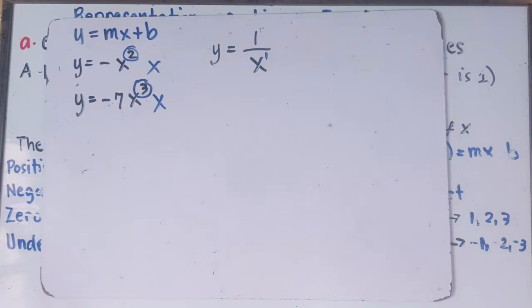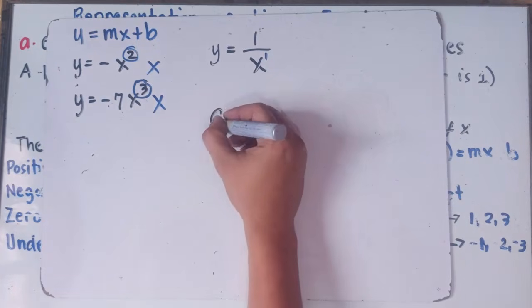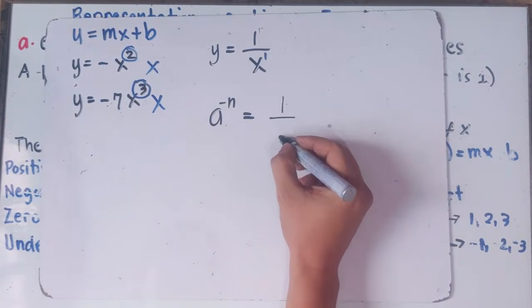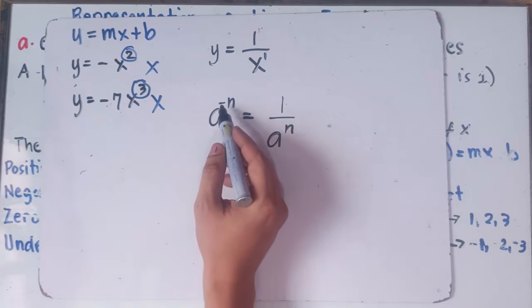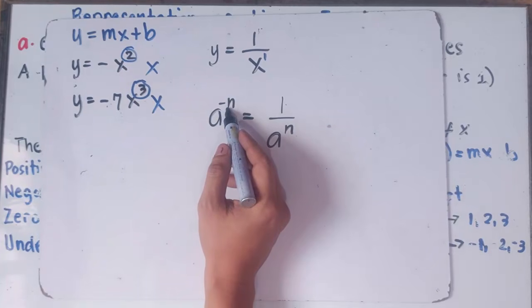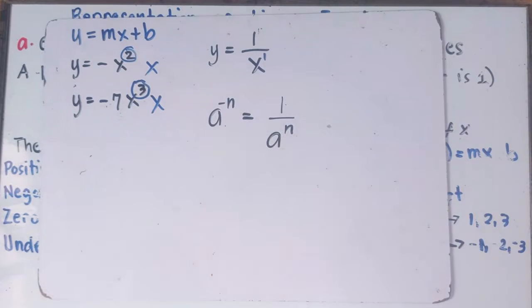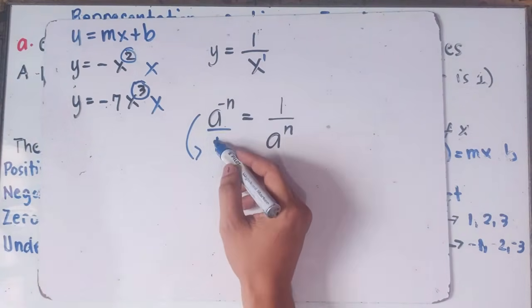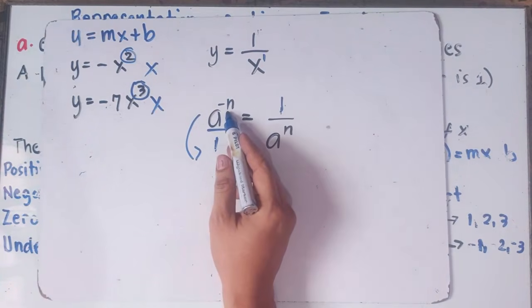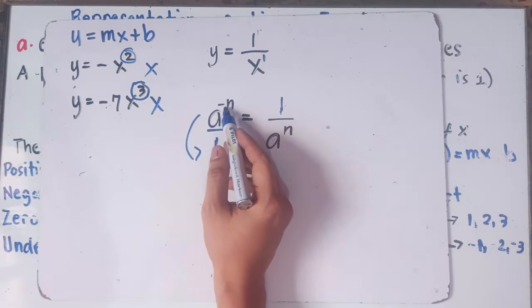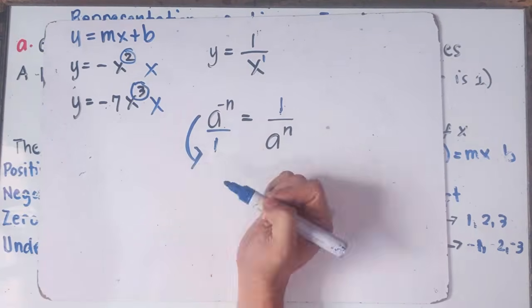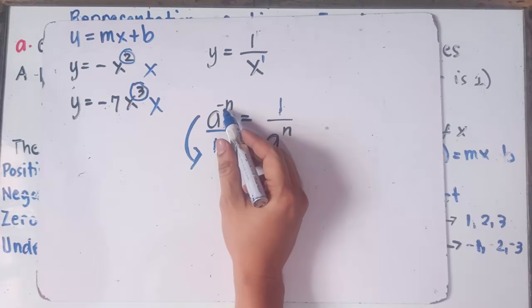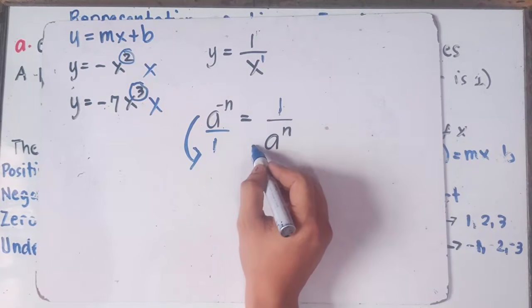If you still remember, class, with regards to the laws of exponents, a raised to the power of negative n we can simplify as 1 over a raised to the power of n. If the exponent is negative, to make it positive, simply put it in the denominator. Simply get the reciprocal: you flip it, 1 will be the numerator, and a raised to the power of n will be the denominator. Since the exponent is negative, when you put it in the denominator, the exponent will be positive. So a raised to the power of negative n is just the same as 1 over a raised to the power of n.